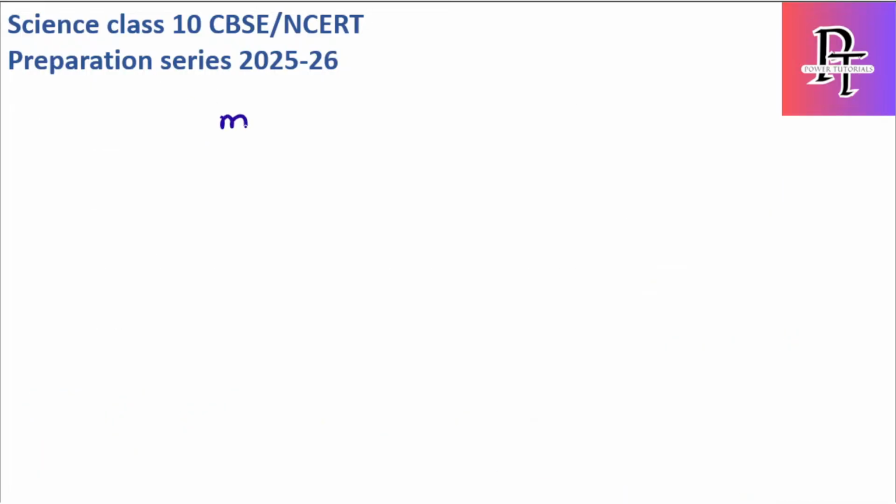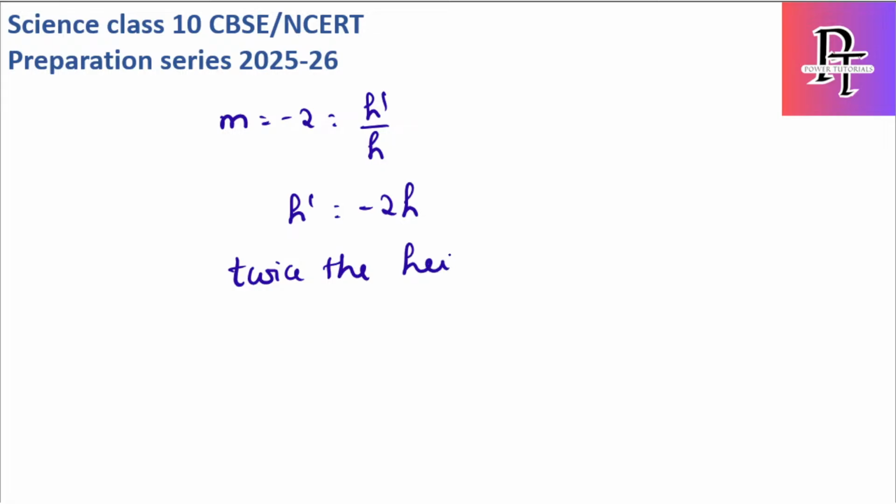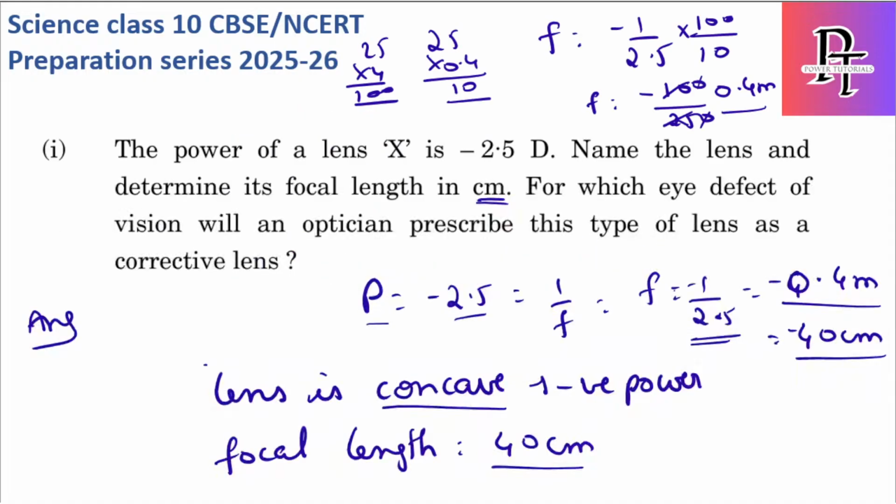तो इधर मैग्निफिकेशन -2 दिया है, तो वो फार्मूला होता है h डैश बाय h, मतलब हाइट ऑफ इमेज बाय हाइट ऑफ ऑब्जेक्ट। h डैश, रियल एंड इन्वर्टेड। वेरी गुड ऋषि। तो h डैश -2h होता है, मतलब ट्वाइस द हाइट ऑफ ऑब्जेक्ट। तो हाइट के बारे में पूछा है सेकंड क्वेश्चन में, तो सेकंड क्वेश्चन का आंसर ट्वाइस द हाइट ऑफ ऑब्जेक्ट।